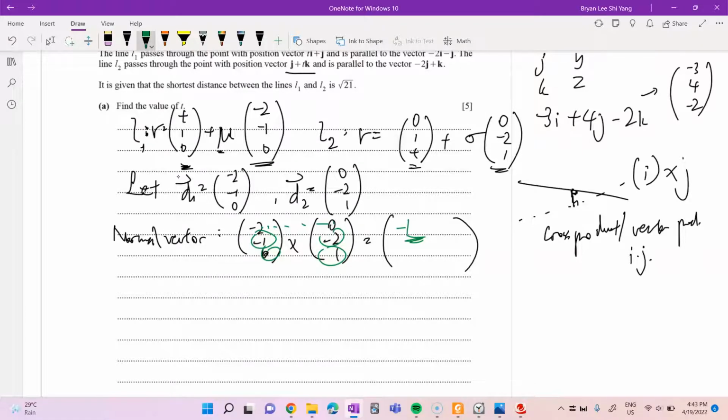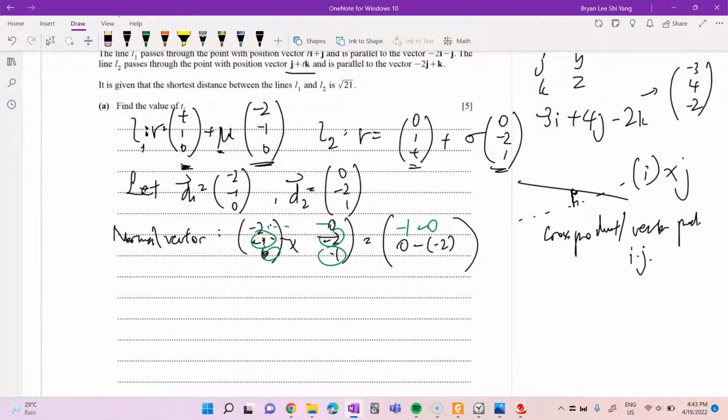So we have negative 1 minus negative 2 times 0 is 0. And then for the second row, we neglect this one, then 0 times 0 minus 1 times negative 2, so minus negative 2. Then for the last row, we just do something like this, so negative 2 times negative 2,